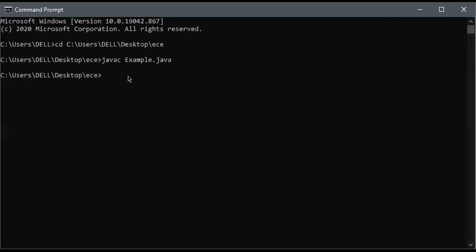So this is the folder we already have. We need to check it out and then type the keyword java and then the class file name only, not dot class. Don't do this. Only example is enough because this is a class file. There is no need to mention the extension. I will tell you about the extensions. What are all the extensions? This is the first Java program. Okay. So now you got a clear idea about that.